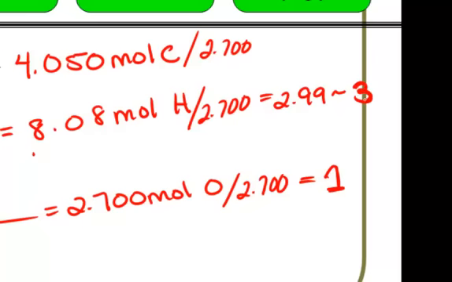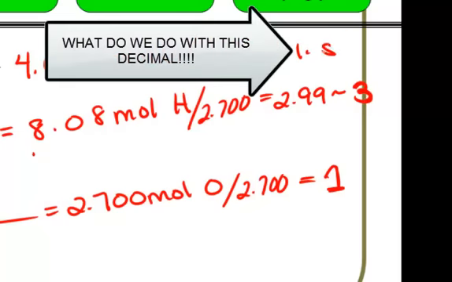And 4.05 divided by 2.700 is 1.5. Well, here's an issue. We have 1.5. We were able to round 2.99 to 3 because this was really close. However, our 1.5 isn't as close as 2.99. So what we're going to do